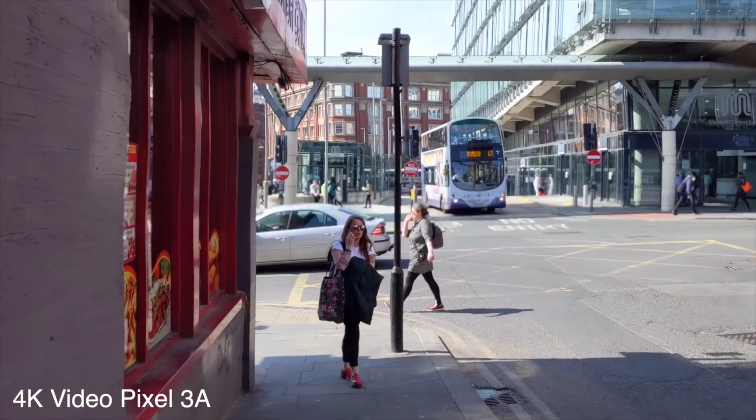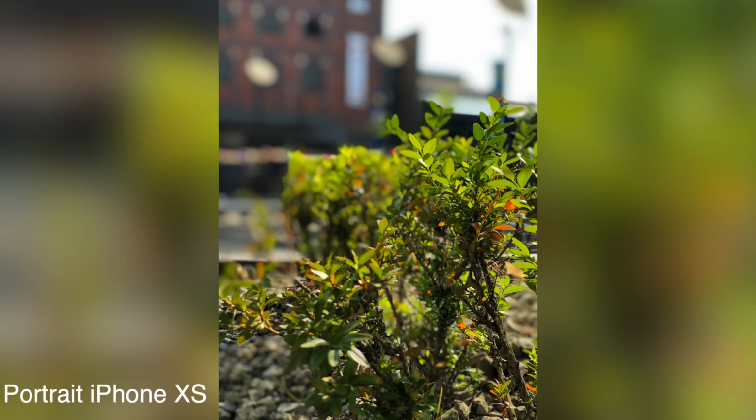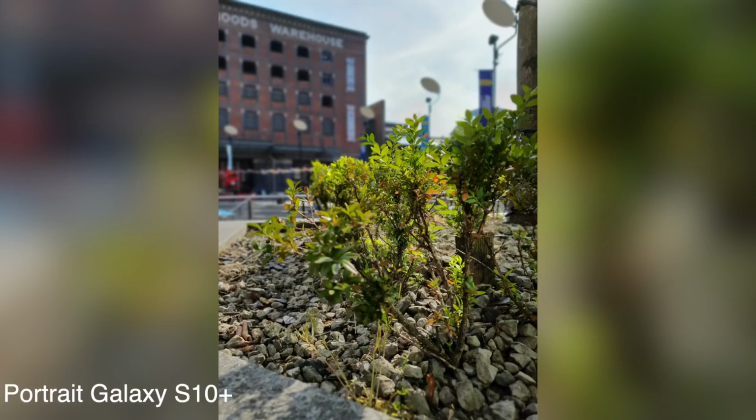It handles it pretty well, and the front-facing camera is 1080. Also, you get the portrait mode on this camera as well, and I think it's probably better than the iPhone 10s or the Samsung Galaxy S10s. For the £400 price tag, you might experience a little bit less quality in the phone, and I've experienced that